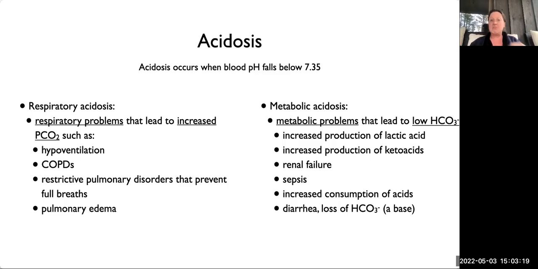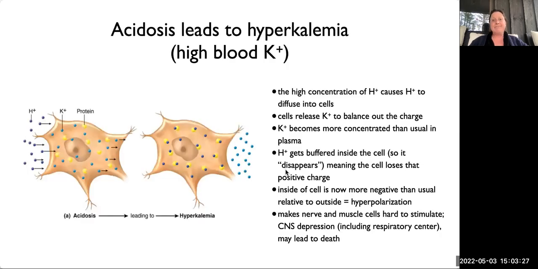Losing base means that you've got too much acid. So these are the types of acidosis. Now, why is that bad? Let me tell you. If we look at a cell where acidosis is just developing in the body, this is a neuron here. The high concentration of protons in the plasma and therefore in the interstitial space means that